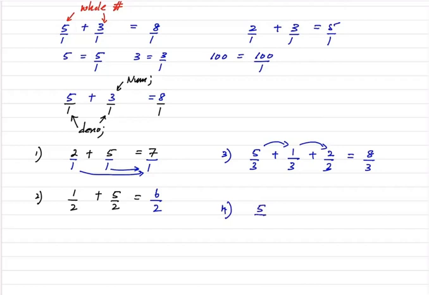Then the next one. If you have 5 divided by 4 minus 1 divided by 4. Now, it doesn't matter you have plus or minus here. You do the same operation in fractions. Now you can see here, denominators are common. So that means you can copy that denominator. And then what you have to do here, you have to minus, right? 5 minus 1 is going to be 4. So now 4 divided by 4 is 1, you can do that. Easy.